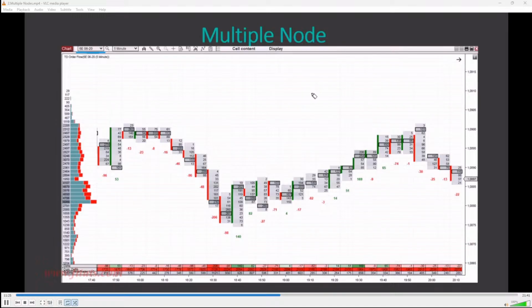In here, the multiple node setup is right there at this price level. This was volume accumulation before the start of the trend. So this is the first condition. Then there was a pullback and a nice reaction to the resistance, which was in here. If you look at the delta, there's nice confirmation. As the price was rotating a little bit below the resistance, you can see that the sellers were already entering their shorts